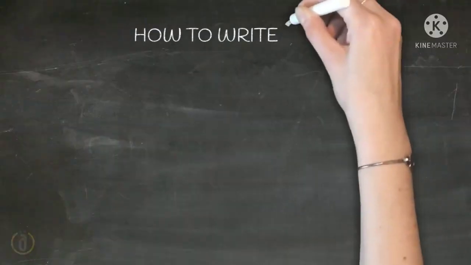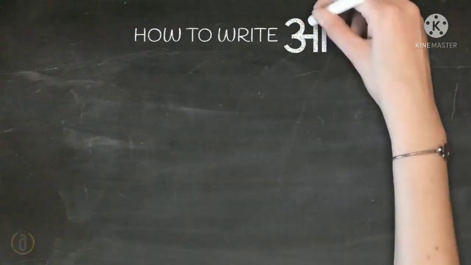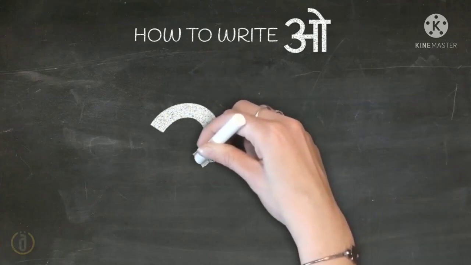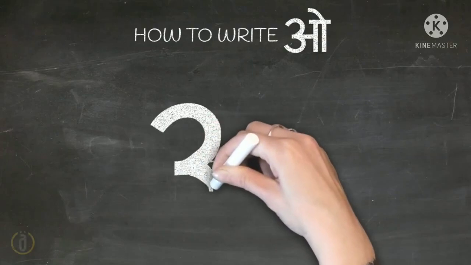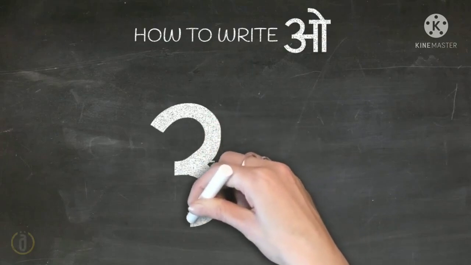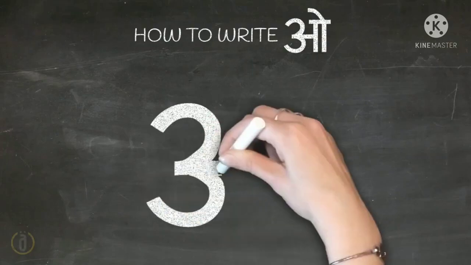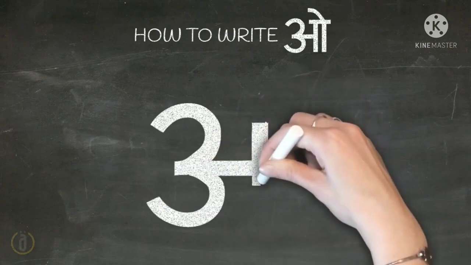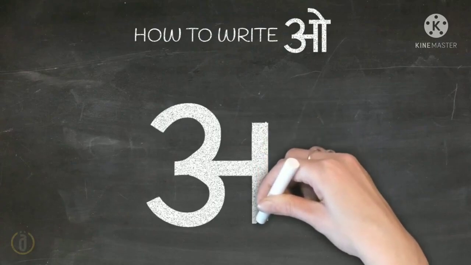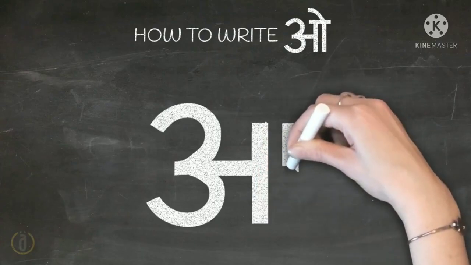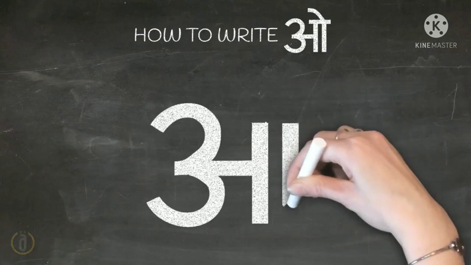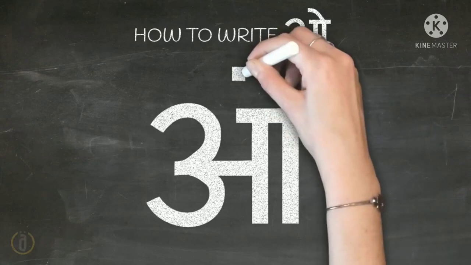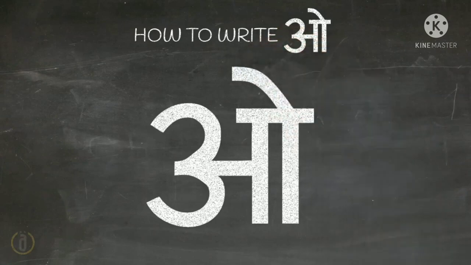Next O. O is also very easy to draw. You already know how to draw the number 3. Draw two curves like a 3. And then you join a small sleeping line at the middle of the 3. And then you join one slanting line. And then you draw another standing line, and both standing lines are also joined with a small sleeping line. And finally you draw one hook on the top.